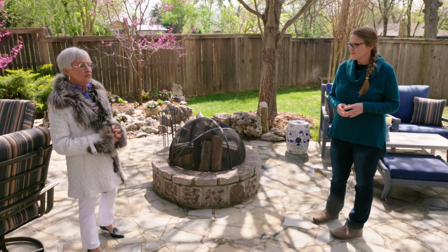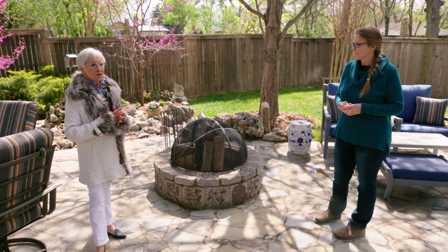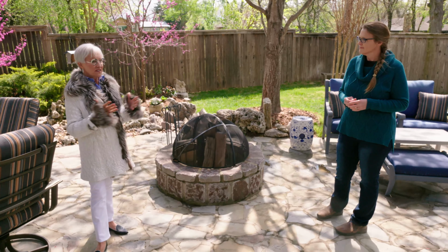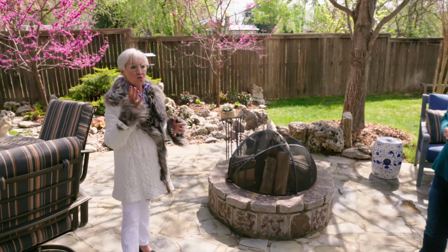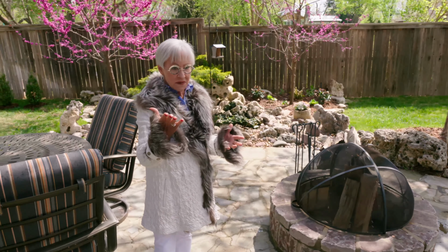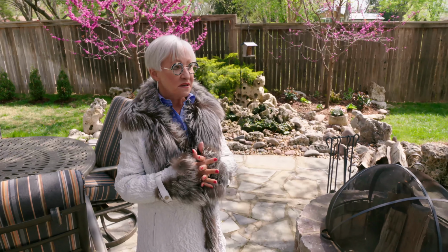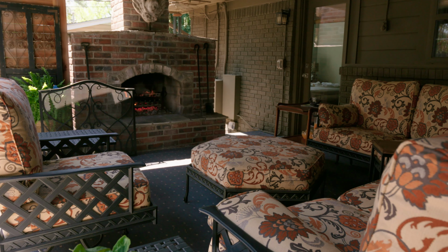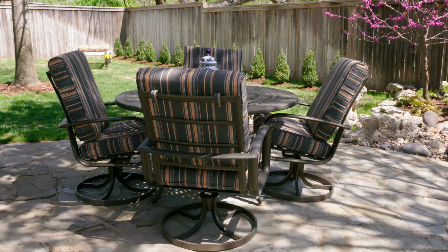Exactly. This whole yard kind of evolved over 20 years. So we've added things as we have decided how to live in the space, which I think is a smart thing to do, because if you do it all at once, you make a lot of mistakes. So we started with the outdoor space up here, and we just created an outdoor living space, and that's why we added the fireplace. And then we wanted to extend the living space out into the yard, so we created this area as well. So it has additional seating, dining. We also added some